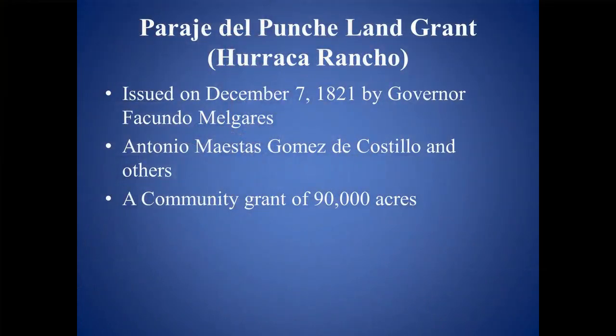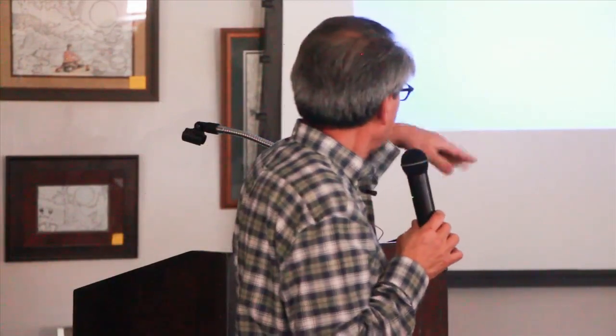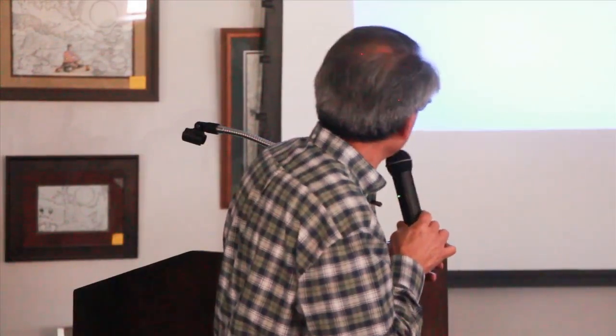This one, I could not find a location, but those of you who are familiar with Costilla, as you're going south on New Mexico 522, against the mountains, there's a ranch, and my dad used to call it Luraca, and to me it didn't make any sense as a kid growing up. But now there is a ranch there called Uraca, and Uraca is a Spanish word for magpie. So I think that's probably where this land grant was, but I have not found more information on that.